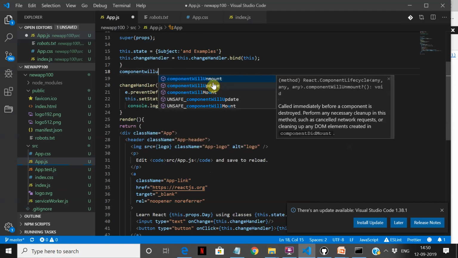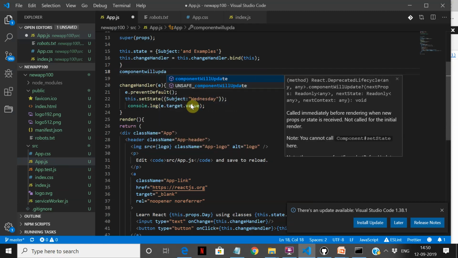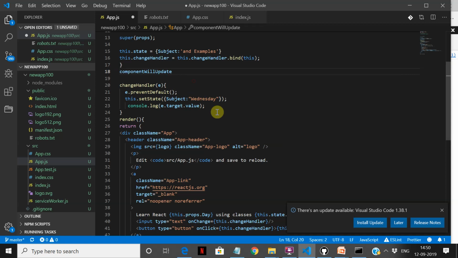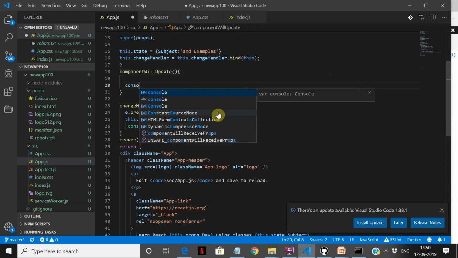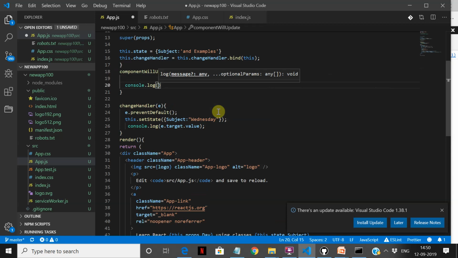So let's add this method. Now remember one thing, you don't need to bind these lifecycle methods. This dot change handler binding is only for custom methods. So let's take a look here. The first time, this fires once.